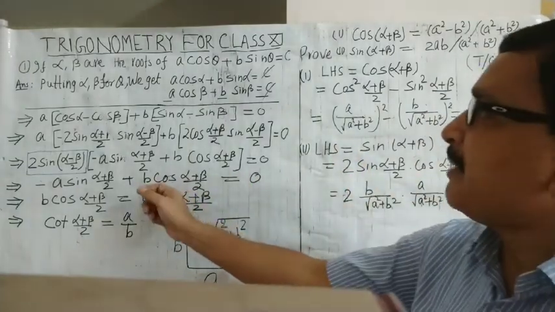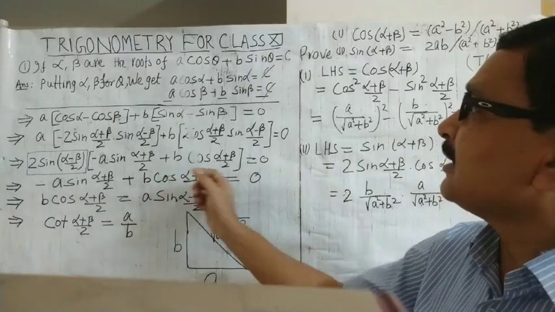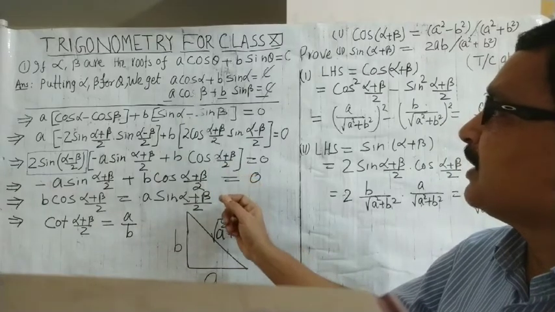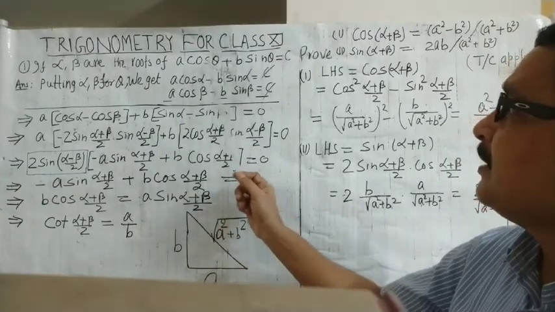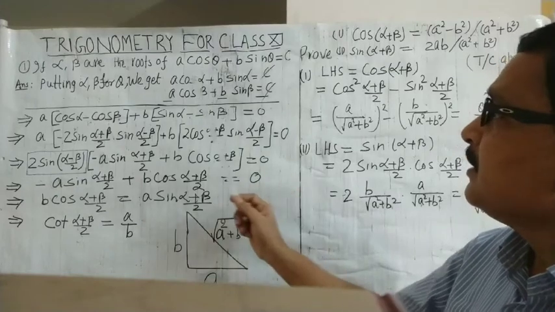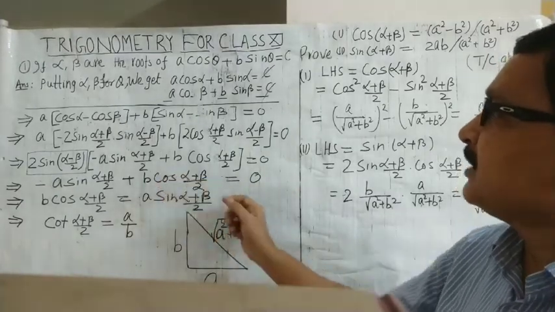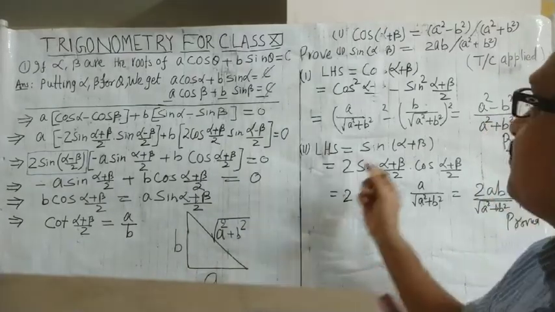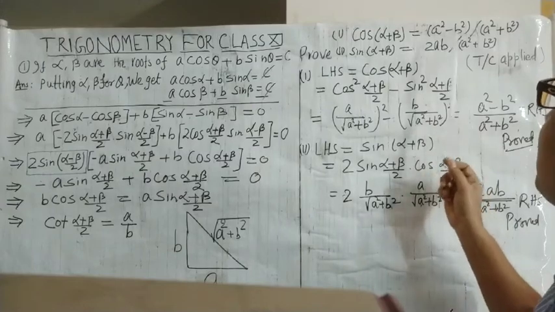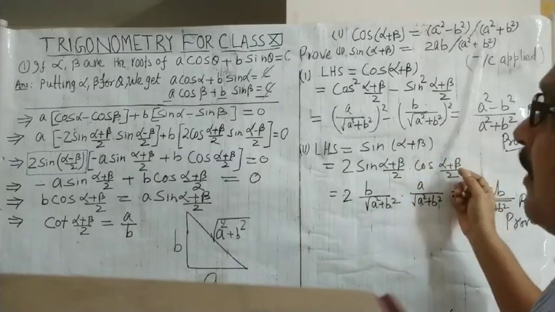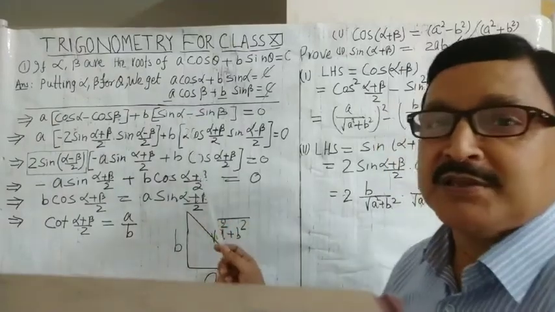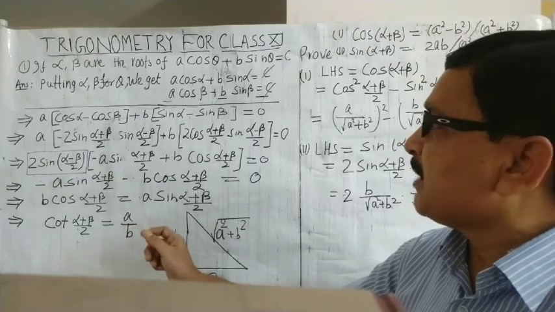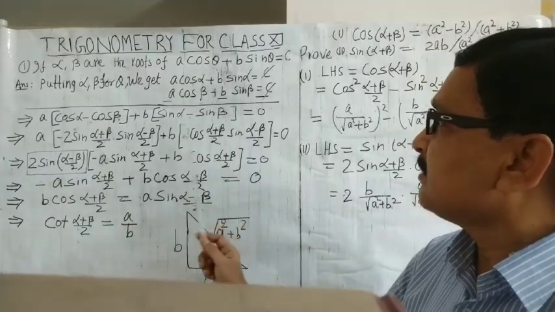Now putting alpha, beta for theta, since the roots are the values of theta, if alpha and beta are substituted for theta, then we get A cos alpha plus B sin alpha equal to C. Again, putting beta for theta, A cos beta plus B sin beta is equal to C. Now see the proof. In the proof, C is not required, only A and B are required. So elimination of C is necessary. So just subtract to eliminate C. A common: cos alpha minus cos beta, B common: sin alpha minus sin beta.